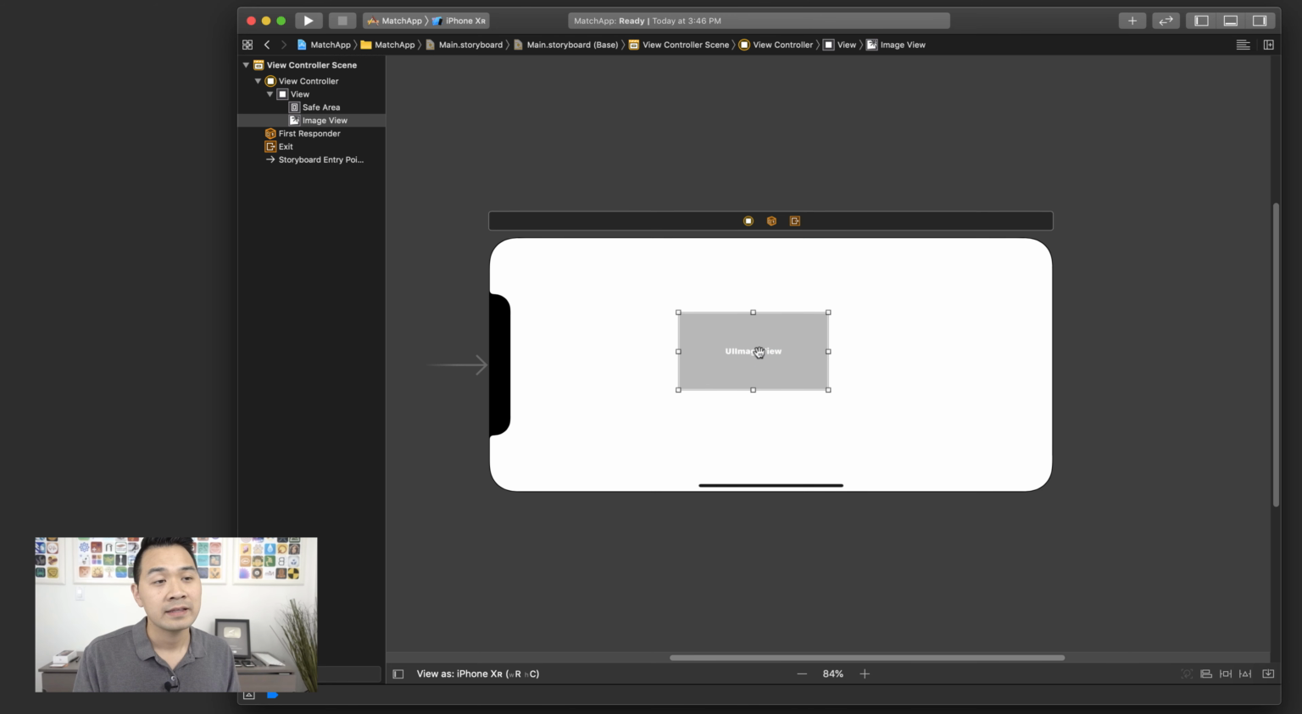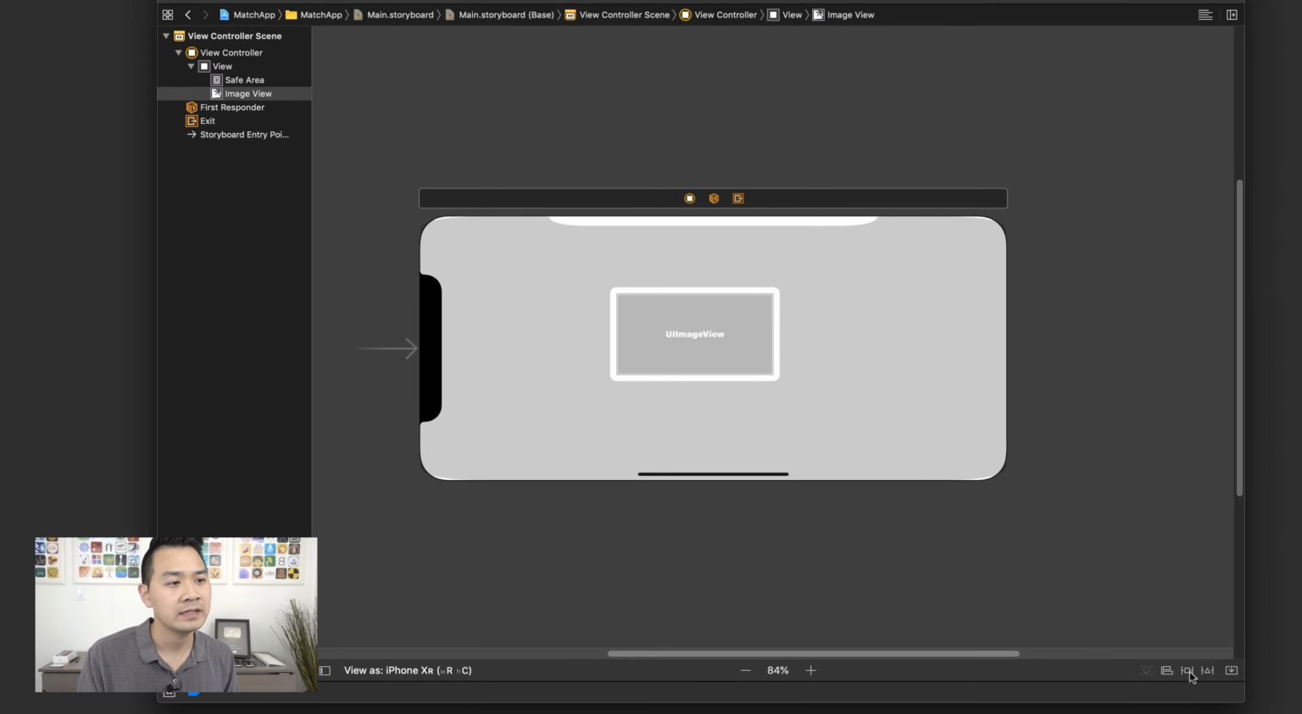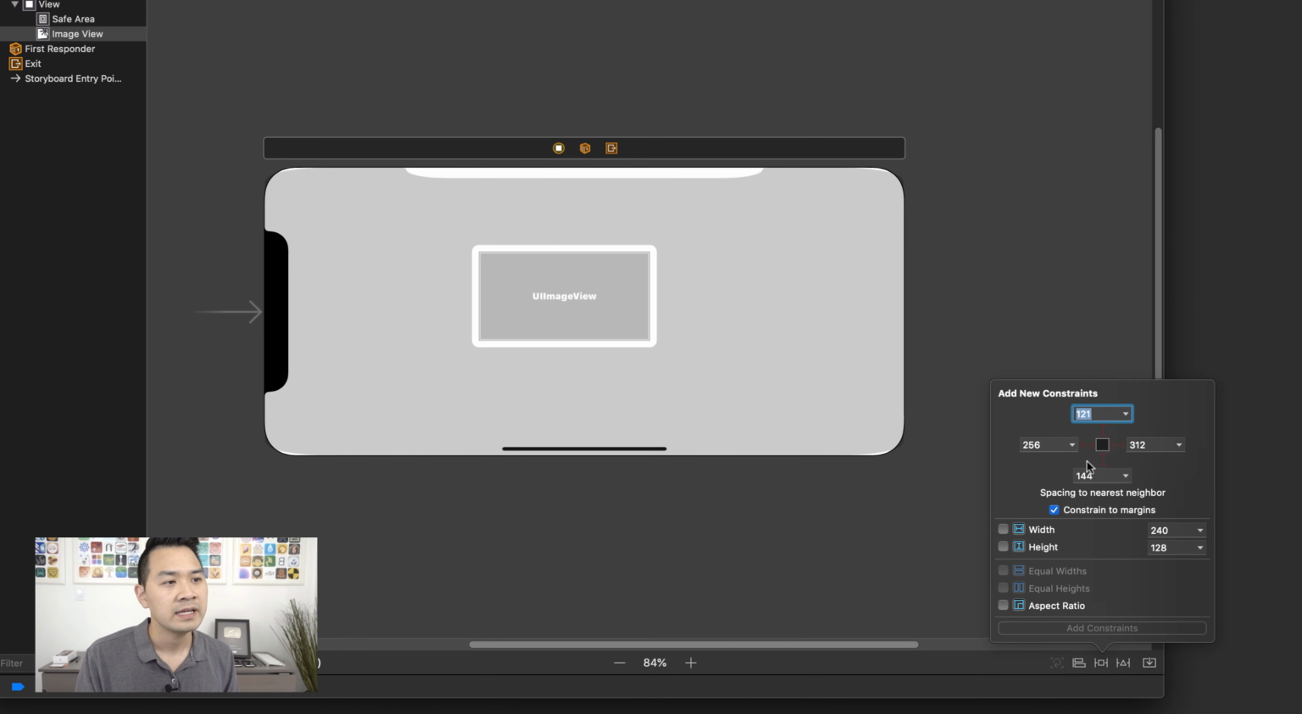Now, we're going to add constraints to make this stick to all 4 edges. So make sure you've got the image view highlighted, go to Add New Constraints, and we're going to uncheck constraint to margins because we really want it to be edge to edge rather than being to the edge of the margins. And what we also want to do is for each of these 4 sides, we're going to click this